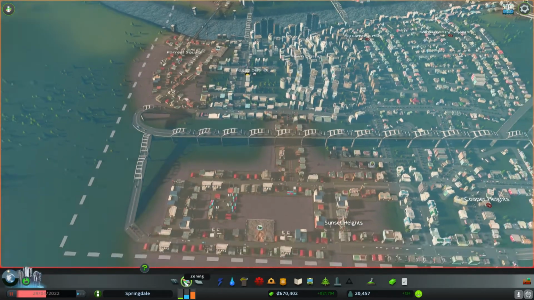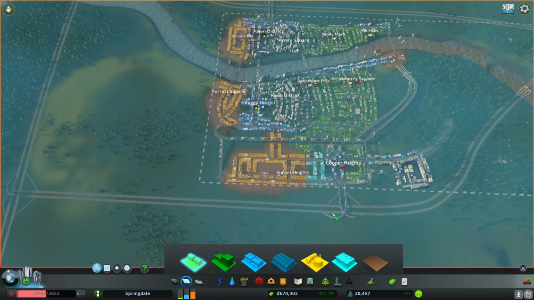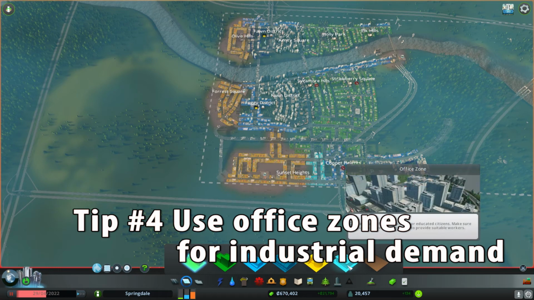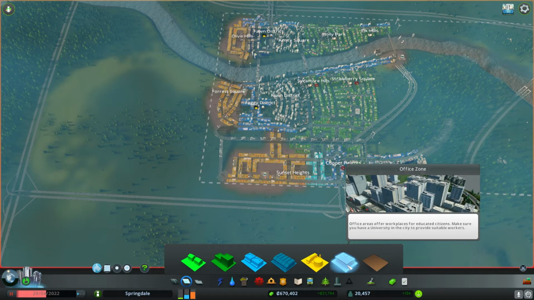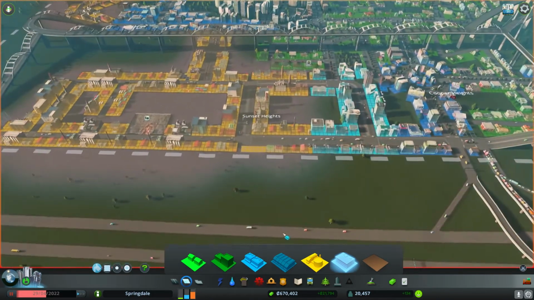But your industrial districts don't have to be polluted shitholes, because there are 2 things you can do about it. First is office zones. I think you unlock these at 7,500 citizens. I'm not really sure about it, but at some point when your city is big enough you can unlock these office zones, and while they are blue colored instead of yellow, they still count as industrial zones. So basically, if you have a high demand for industrial like I have right here, you can build office zones instead of